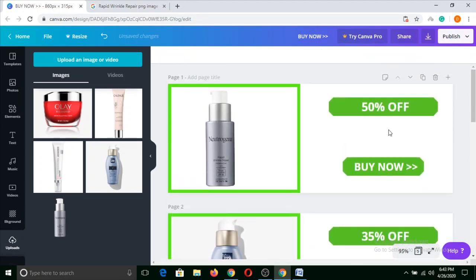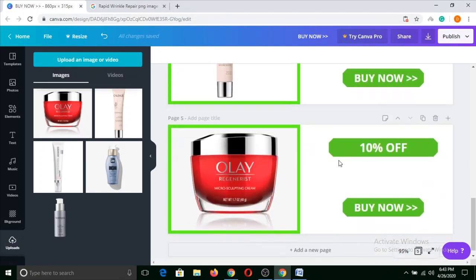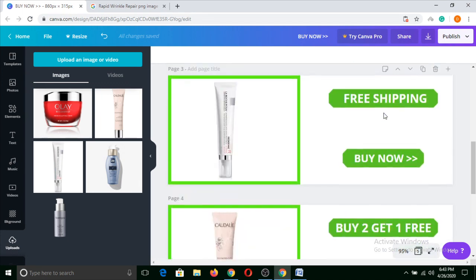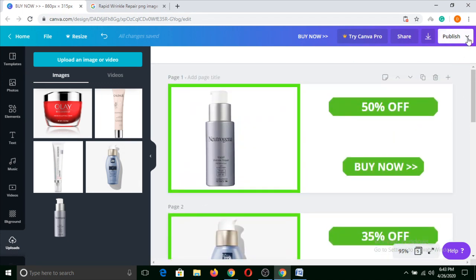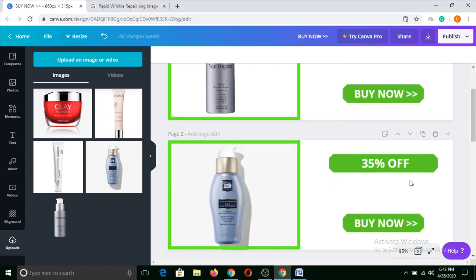Okay, now all of our images are ready. You can play with these things and make it more beautiful and more interesting. But this sales image works well in an article, because we are providing some offers that are extremely interesting for people who are willing to buy this product.